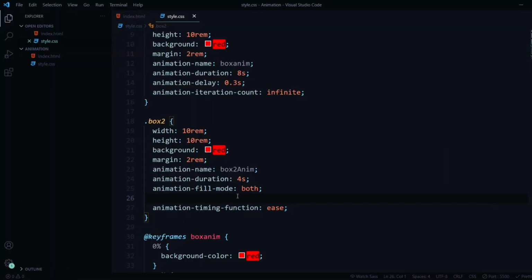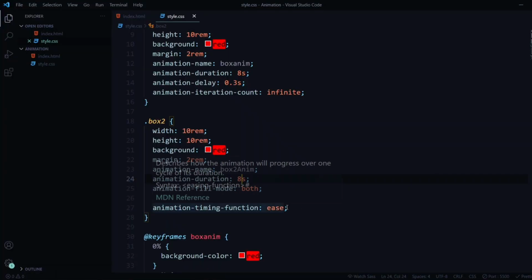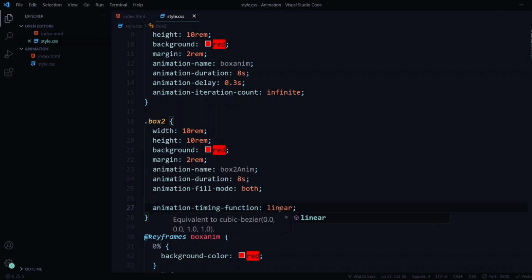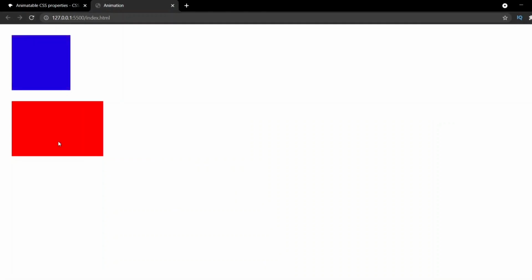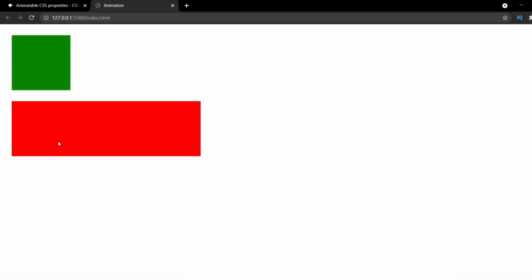The animation is happening quite fast, so I'll just increase the duration a little bit more, from 4 seconds to 6 seconds or 8 seconds. Now the animation will happen slowly and gradually. So you can see it starts slow, gets fast, and then ends slow. So this is what ease is. Then linear is same value, same space, or the same speed of the animation will be followed. It will not be fast, slow, whatever in the middle. It will be same. You can see the same pace is being followed throughout the animation.